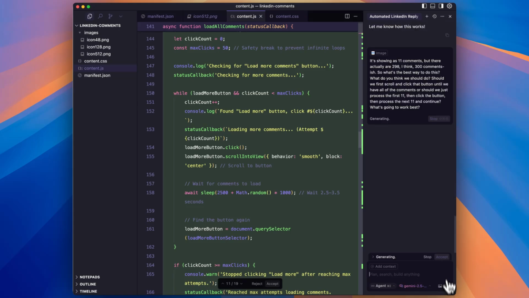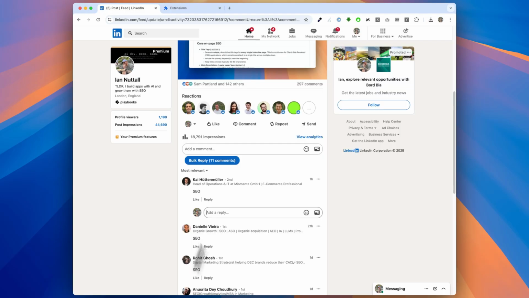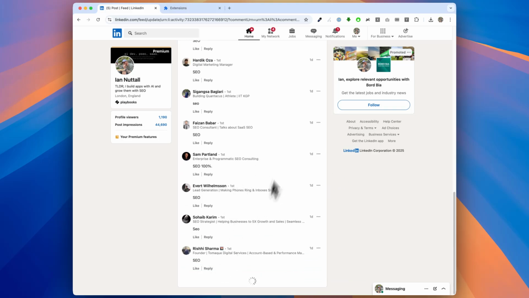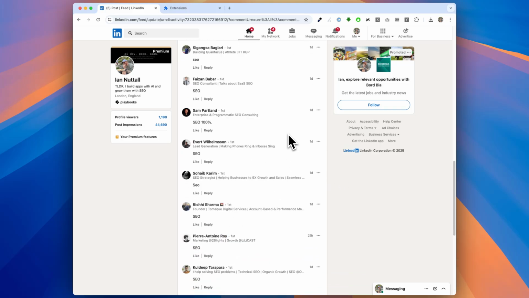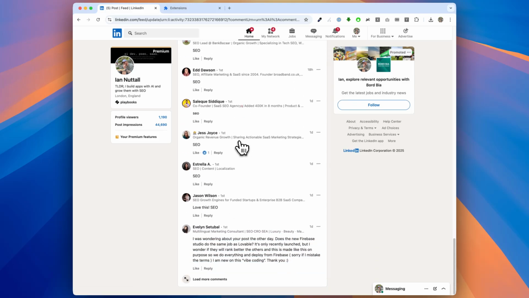I didn't actually send it if I don't understand. It says, let me know how this works twice. We broke it, guys. Broke Cursor. Because I just wanted to go and click this and just go like that. And then go down and then click it again and just keep going.